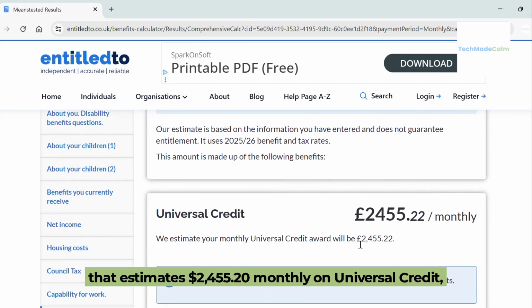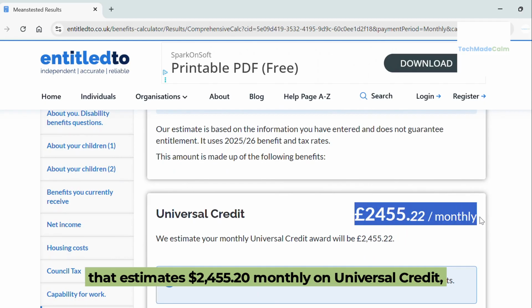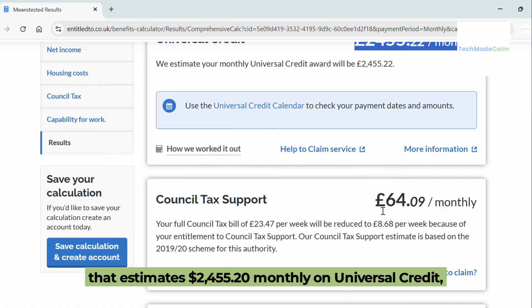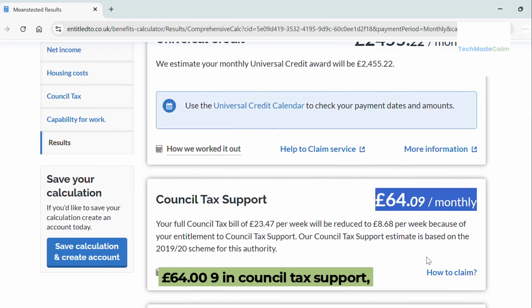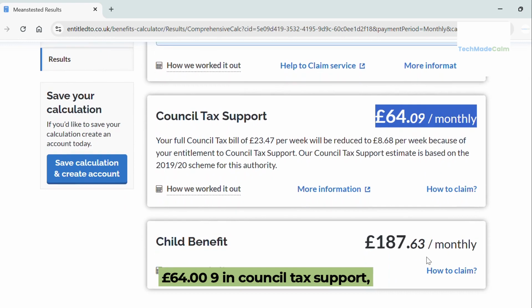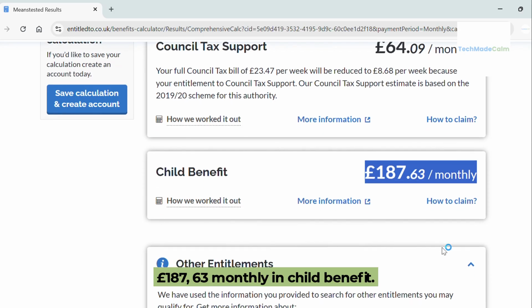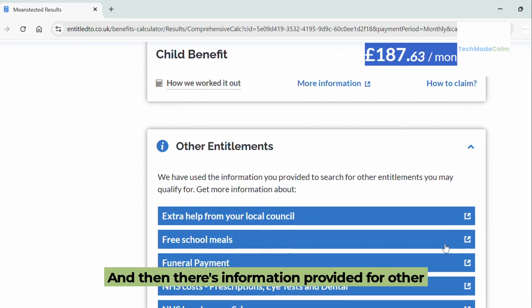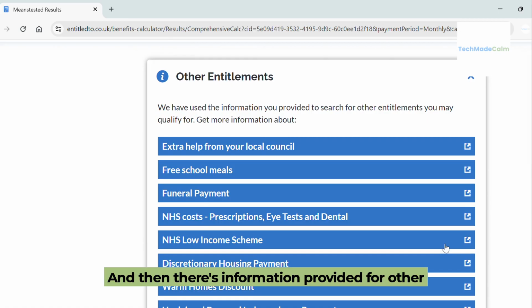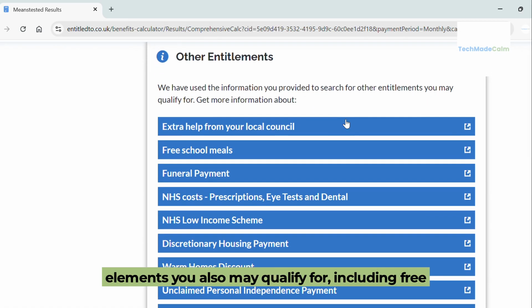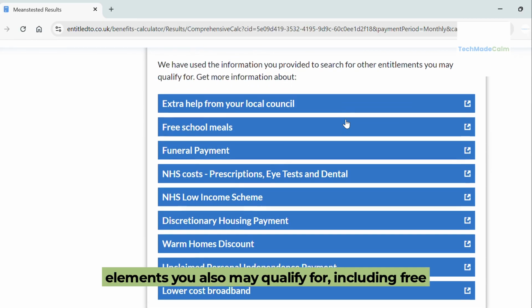That estimates £2,455.20 monthly on universal credit, £64.09 in council tax support, £187.63 monthly in child benefit, and then there's information provided for other elements you also may qualify for, including free